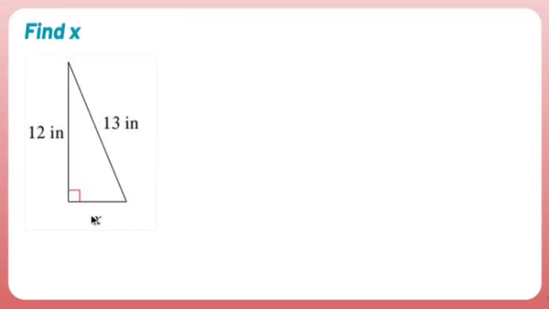Find x. There it is. This is a right triangle, and we are being asked to find the missing side of a right triangle. And whenever you're being asked to find the missing side of a right triangle, you use a little old guy